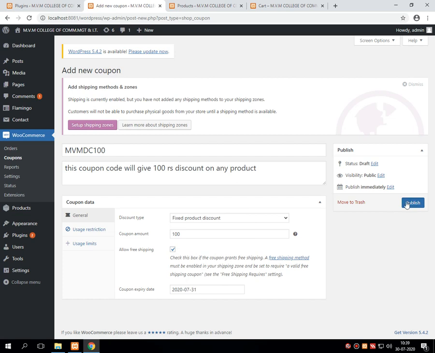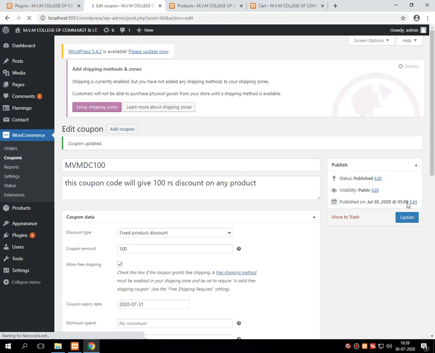Let me first copy this particular coupon code. I am just publishing this particular coupon. It will take a few moments.